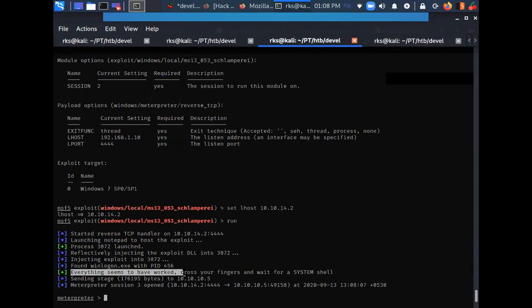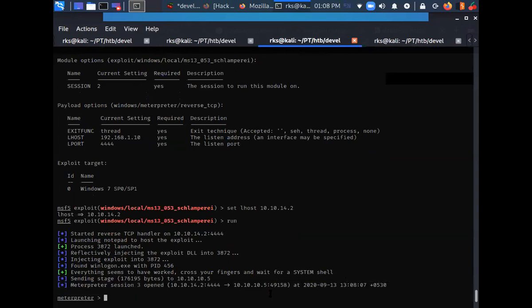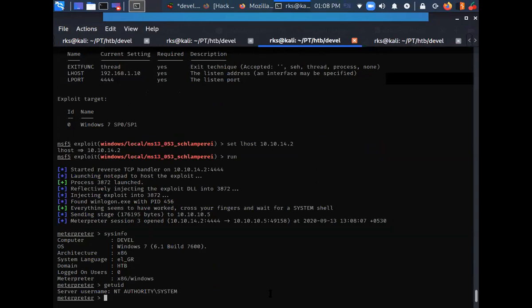Yeah. Everything seems to have worked. Cross your fingers and wait for system shell. Sending stage, blah, blah, blah. Meterpreter session 3 opened. And this is my sysinfo. I'm here just to get the UID. And I am NT AUTHORITY\SYSTEM here.